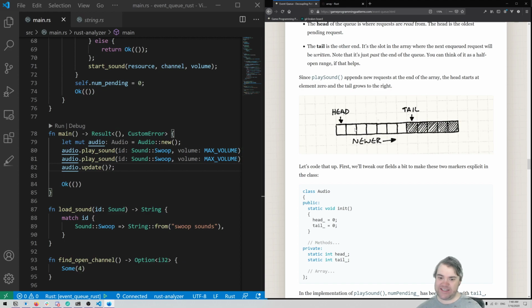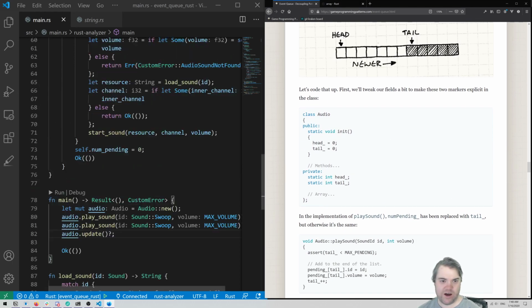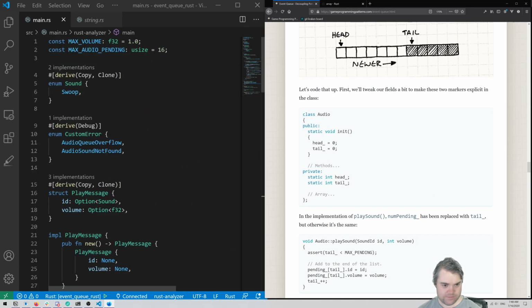All right, so next up, a ring buffer. So we want to basically loop through that array over and over and over again. That way we never really run out, except if we catch up, if our head and tail catch up. So in audio,